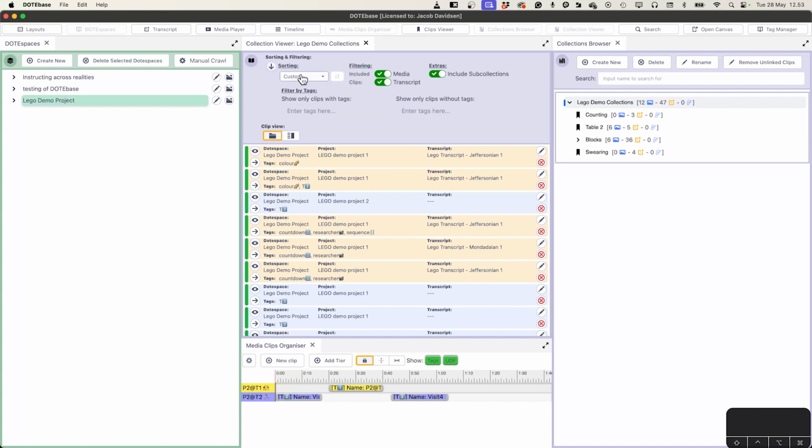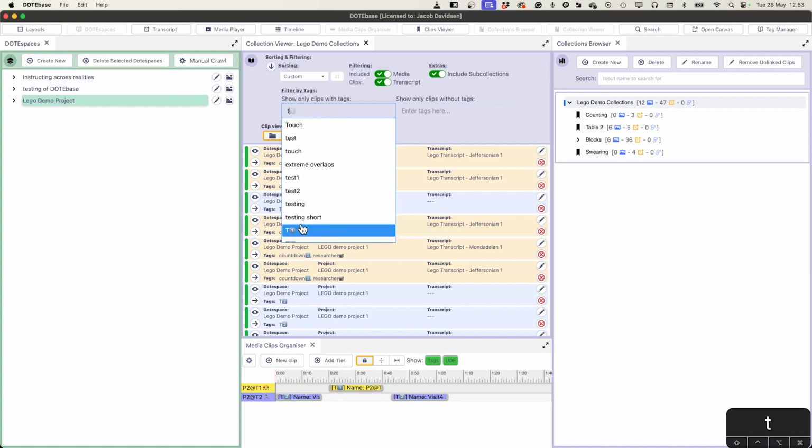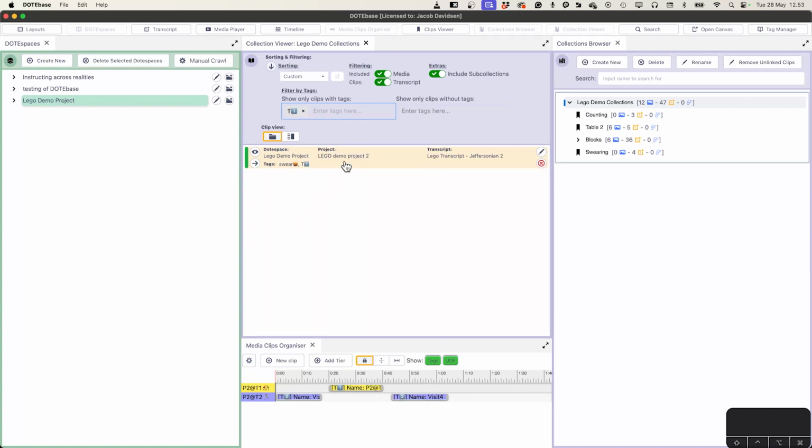Of course, we can also enter tags here. So if I wanted to enter a tag, it could be T1, then I will only see clips in the collection viewer with the tag T1. So that's a way of filtering out and sorting the data or the clips that you have created in the